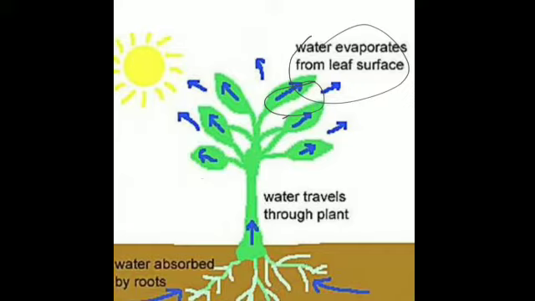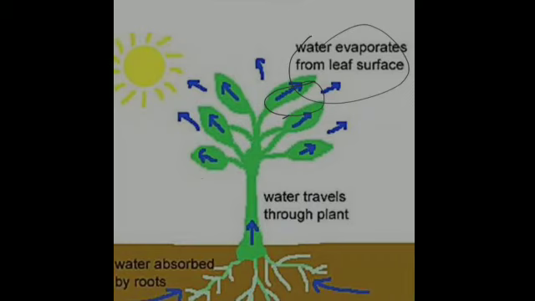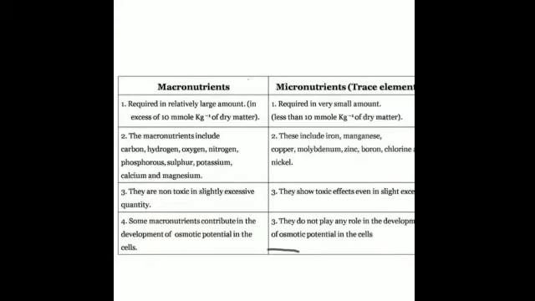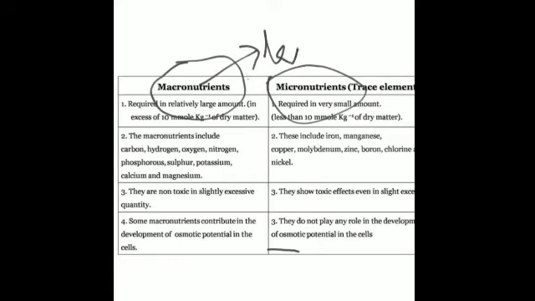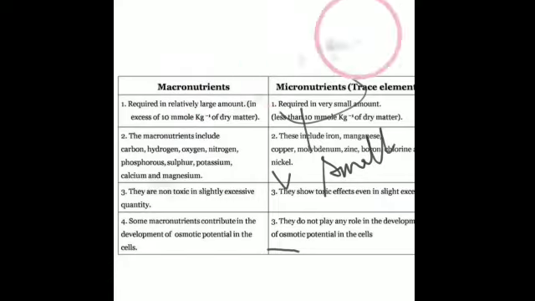I had started with the minerals, that is, apart from water, minerals are also necessary for the growth and development of plants. And where are the plants getting these minerals from? They are getting them from the soil. On the basis of the quantity in which they are required by the plants, the minerals are divided into 2 groups, that is the micro and the macro nutrients. Macro means in large quantities and micro means in very small quantities. Is that clear? So these are required by the plant in very large and small quantities.